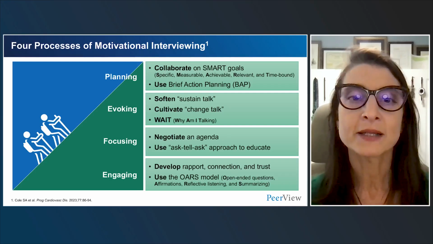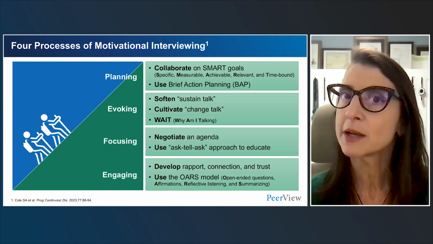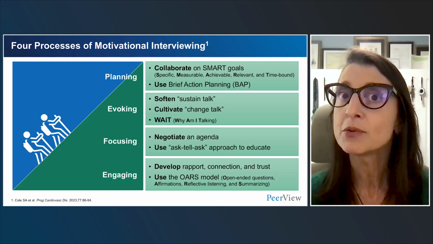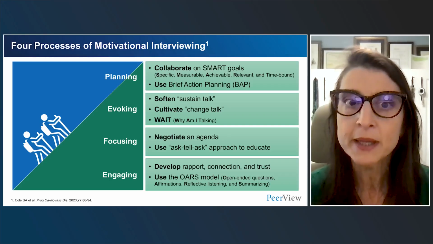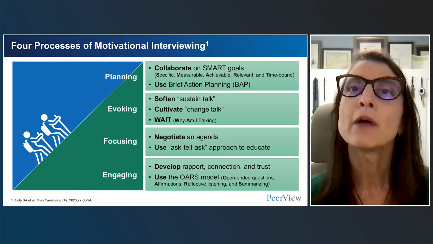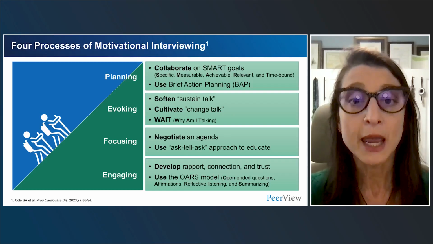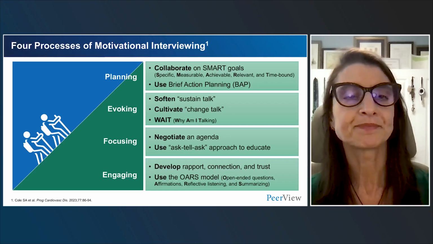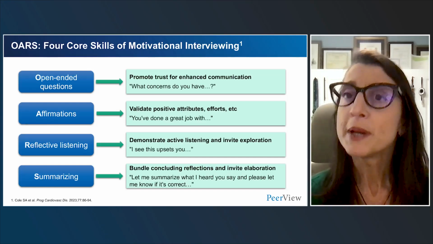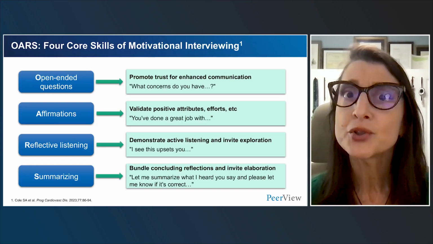And then the last thing is, once we've gotten them talking and we've identified some things that are important to them, we have relayed the things that are important to us as far as their management, then we can come together and determine a plan that we both feel comfortable with and that the patient feels able to put into place. So the 4 skills are going to be open-ended questions, which I mentioned, those affirmations,